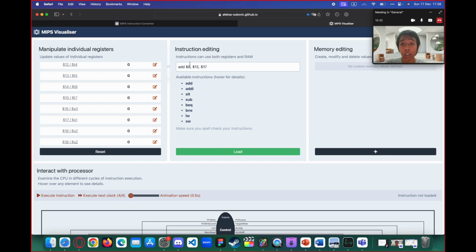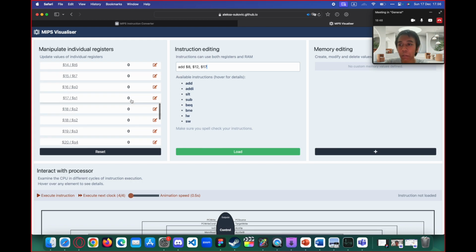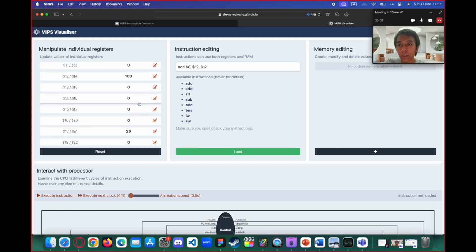So I will be using address 8 to store the value of the addition from address 12 and address 17. The first thing to do is make sure I put values into address 12 and 17. After I initialize addresses 12 and 17, I can do the addition. To do the addition, we load this.